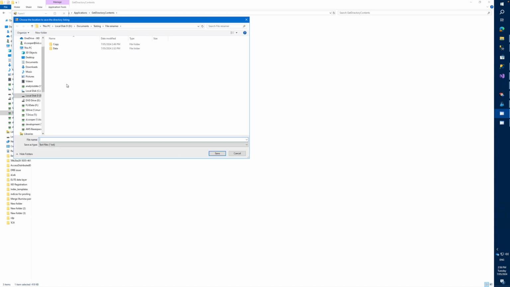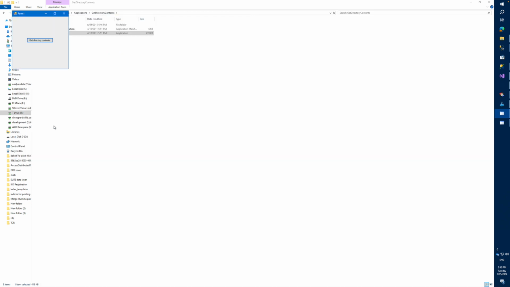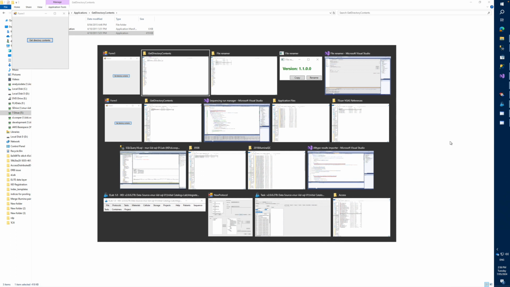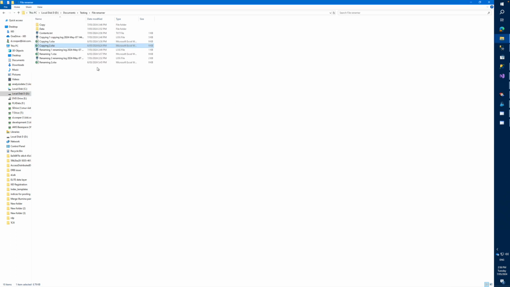And then it asks you where you'd like to save the contents. I'll just call it contents, and this is just a text file. So if I have a look at contents.txt,